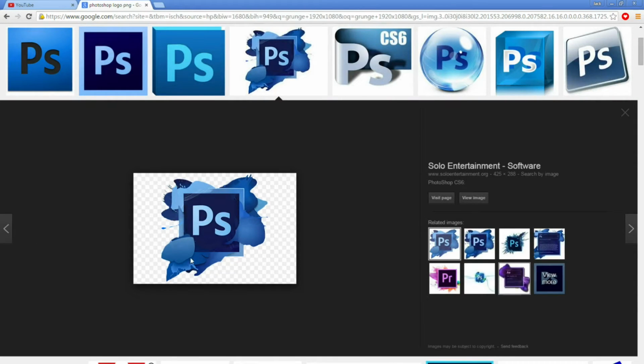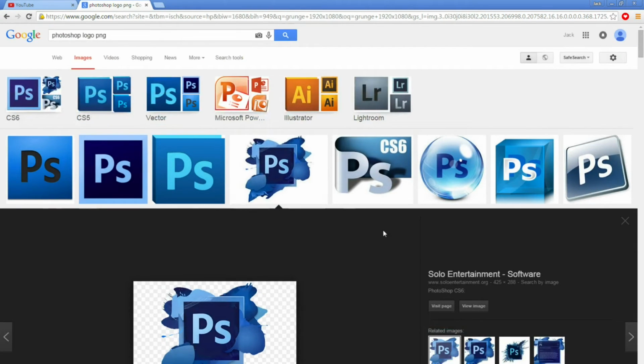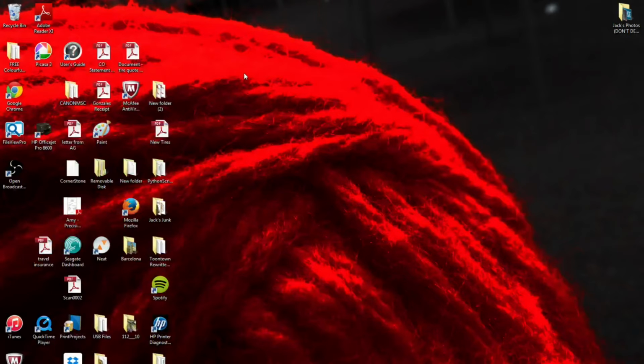Actually, I have this downloaded already. So once you find the images that you want to use, some people use more than one, depending on the video, but this one's pretty simple, so I'll go ahead and use one image. So once you have both of your images, you're just going to want to minimize, exit out, whatever,